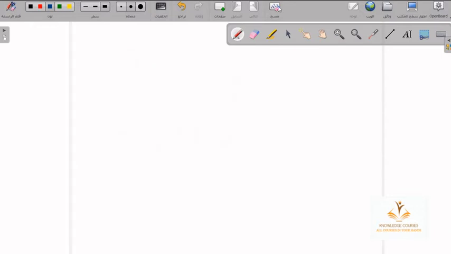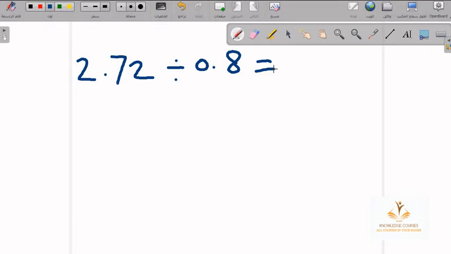Another example: 2.72 divide 0.8 equals. We must multiply the divisor to make it a whole number. So we must multiply it by 10. And when we multiply the divisor by 10, we must multiply the dividend also by 10. So this is equal to